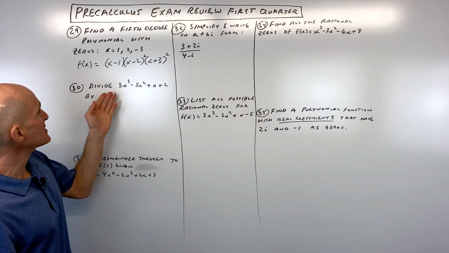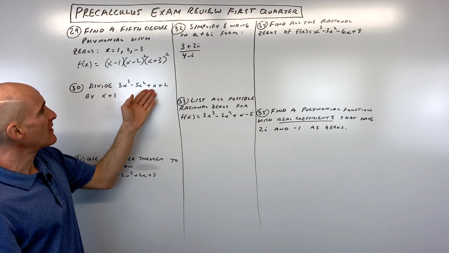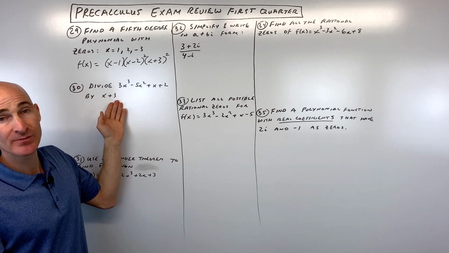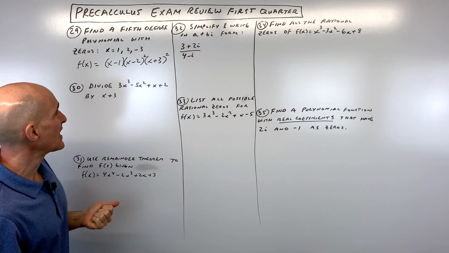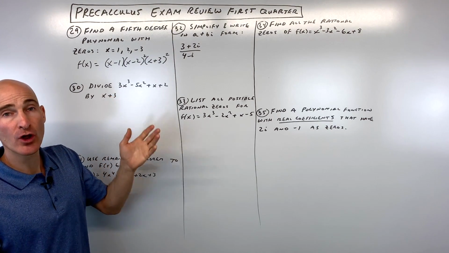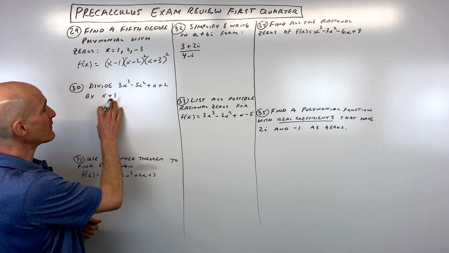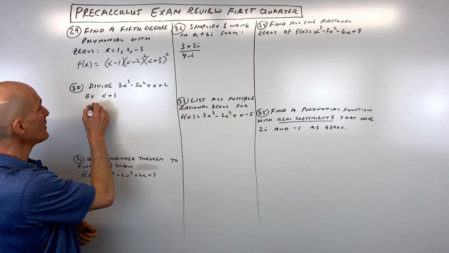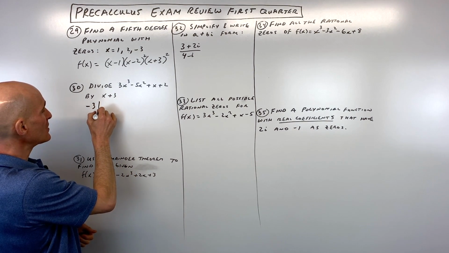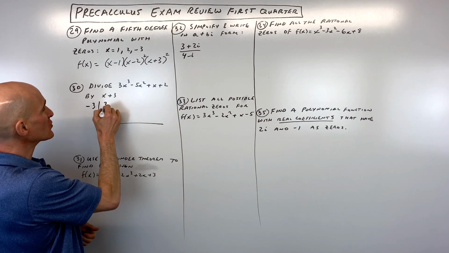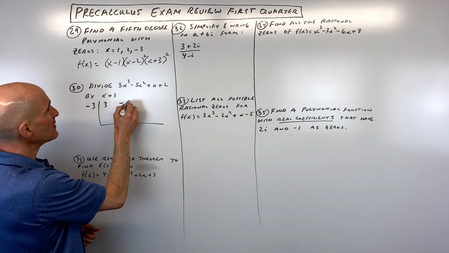For number 30 now, it says divide 3x cubed minus 5x squared plus x plus 2 by x plus 3. What they're testing us on here is we can either do the polynomial long division, or because this is a linear factor, we can do the synthetic division. We're going to do negative 3 here, and we're going to use the coefficients of our polynomial, 3, negative 5,